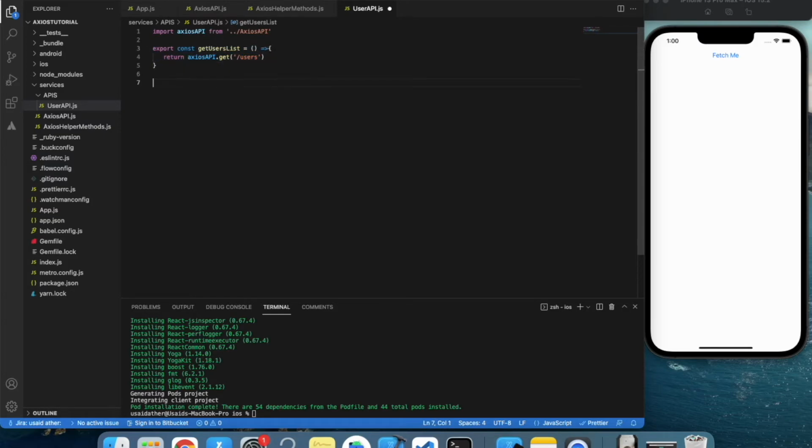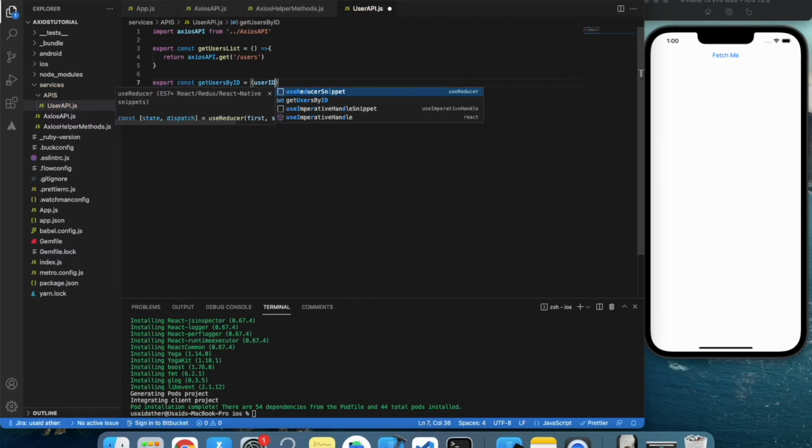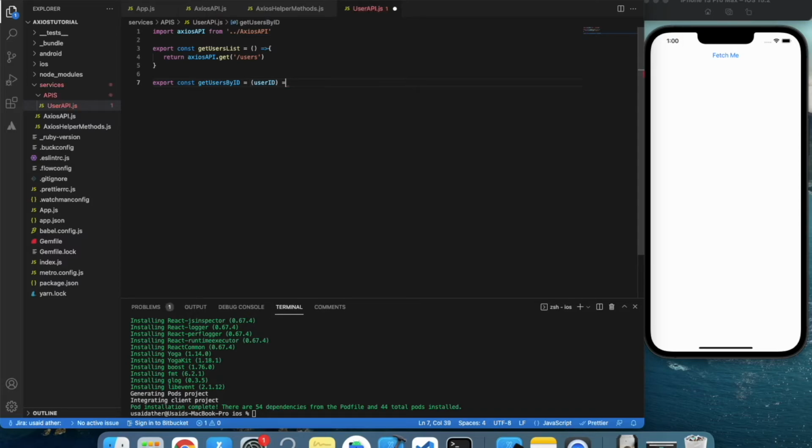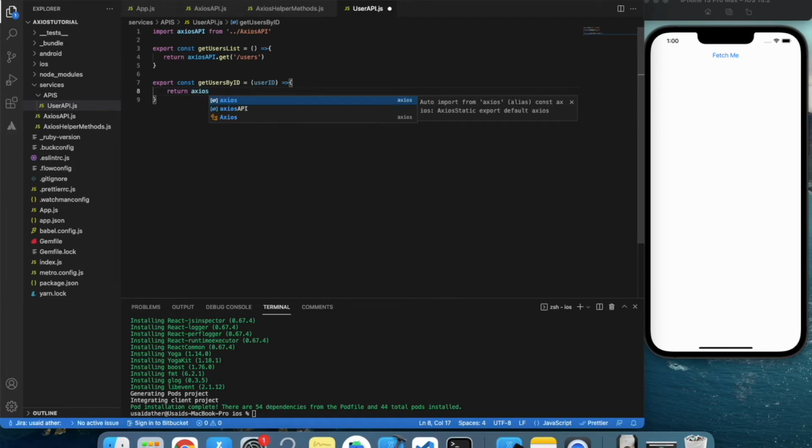Now similarly we need get users by ID. Okay, and for that we need an ID, which is user ID. So we will pass that as well. Return Axios API dot get. Similarly with that, users slash user ID,